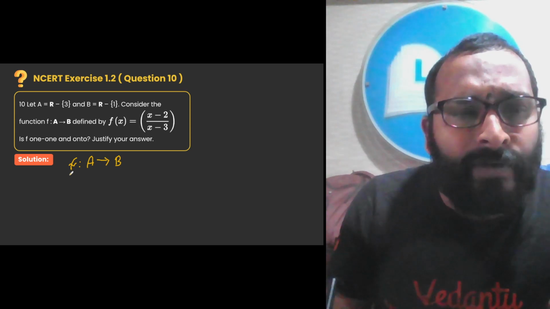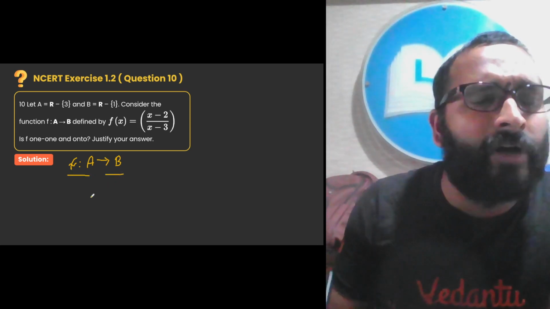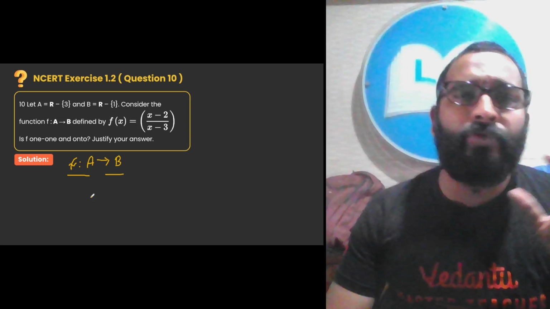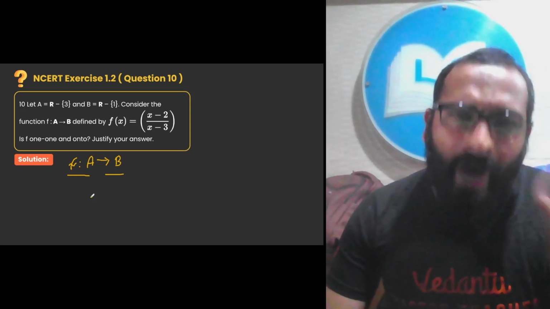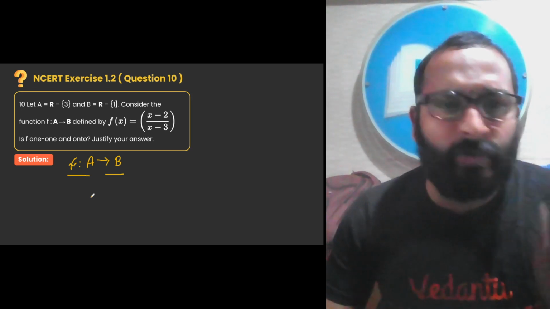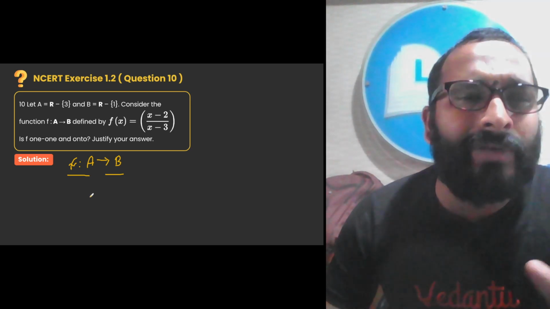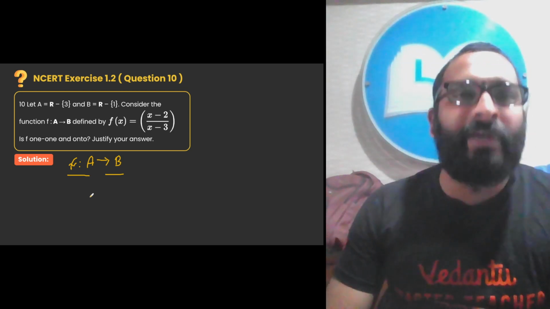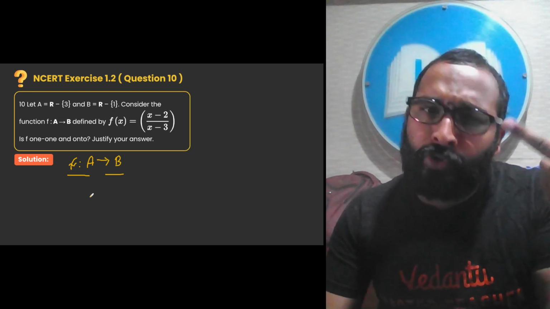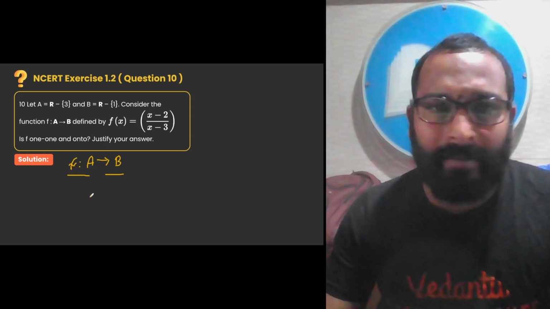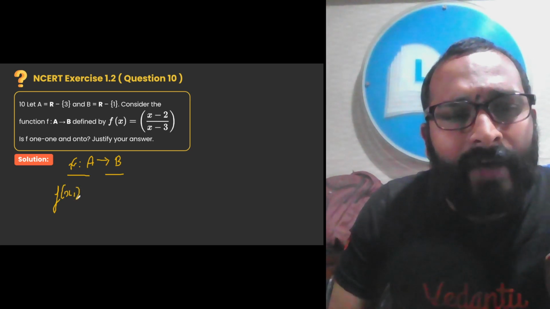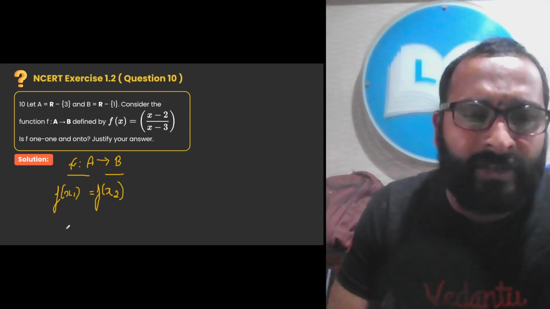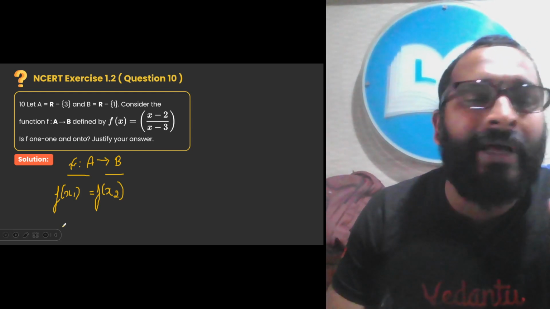Now see children, when we're checking whether the given function is 1-1, what we used to do in the previous questions is check f of x1, when we equate f of x1 to f of x2, are we getting x1 equal to x2? If x1 equals x2, then we conclude that there are no two values in the domain for which the same value is in the codomain. Those two values you're taking, x1 and x2, are nothing but the same. Same logic we are following children. We check whether f of x1 and f of x2, when equated, give x1 equal to x2. If we get x1 equal to x2 here also, then we come to the conclusion that